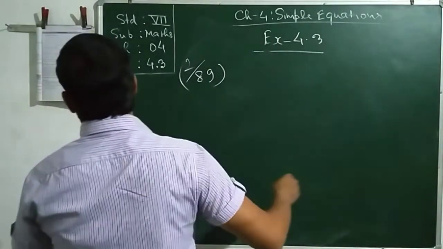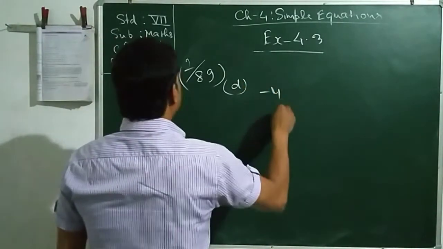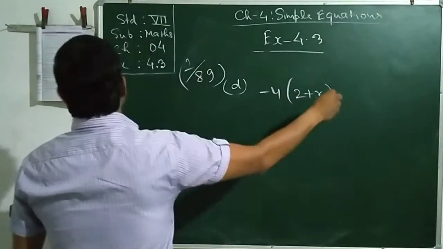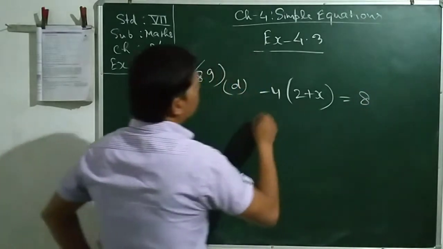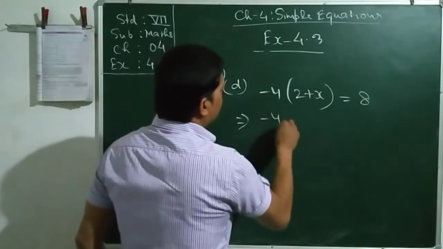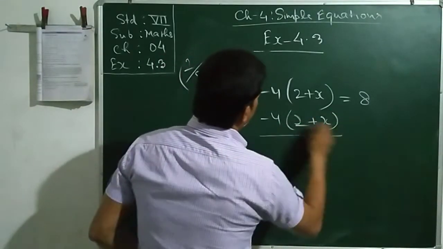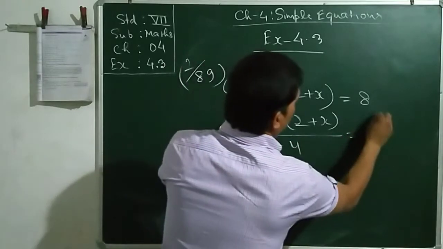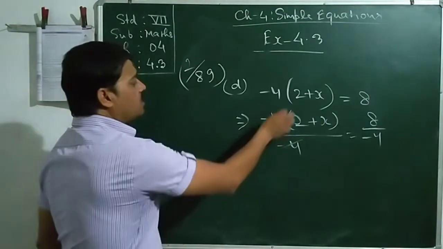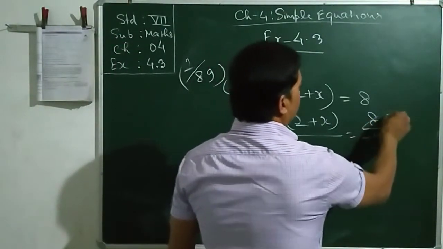That is, the D number sum. In the D number it is minus 4 within bracket 2 plus x equals 8. Once again a similar process will be applied. Minus 4 into (2 plus x) divided by minus 4 equal to 8 by minus 4. Here minus 4 and minus 4 reduce to 1, and